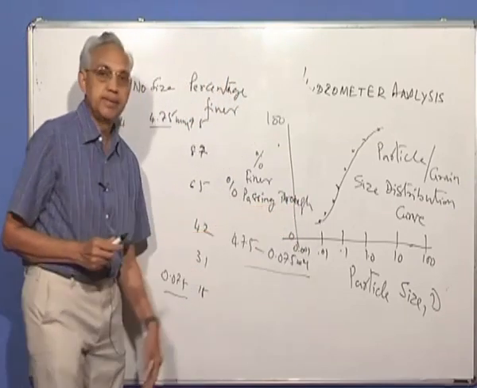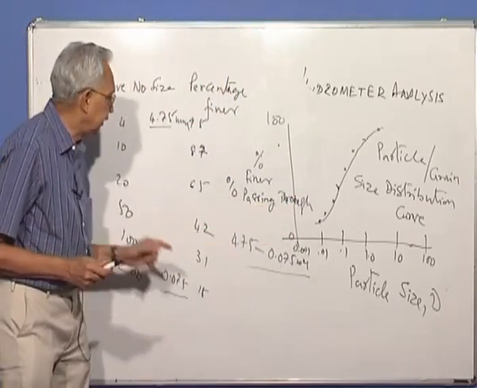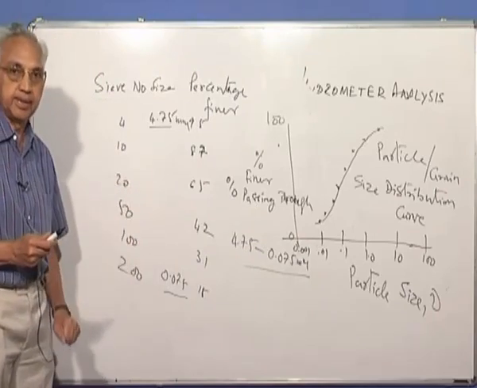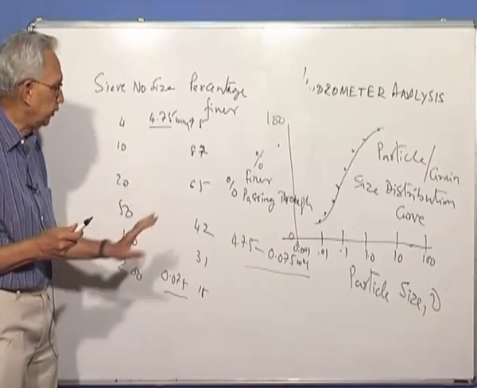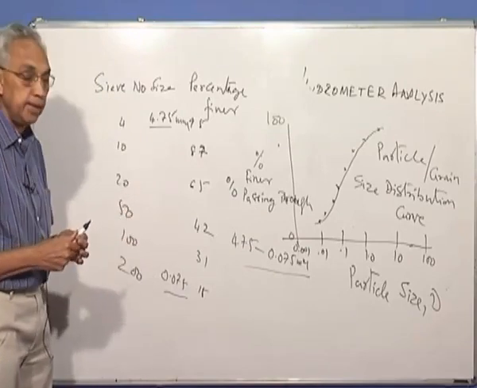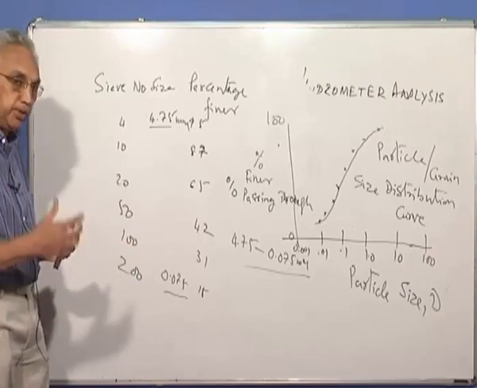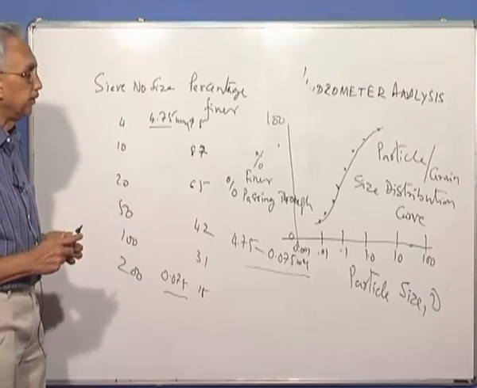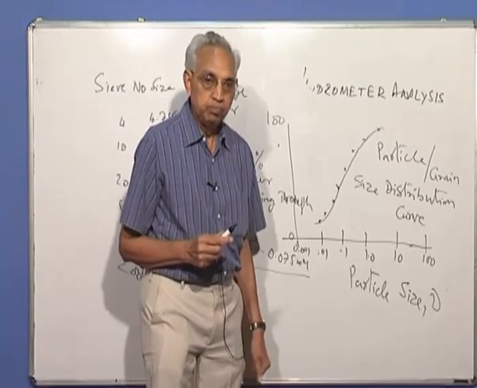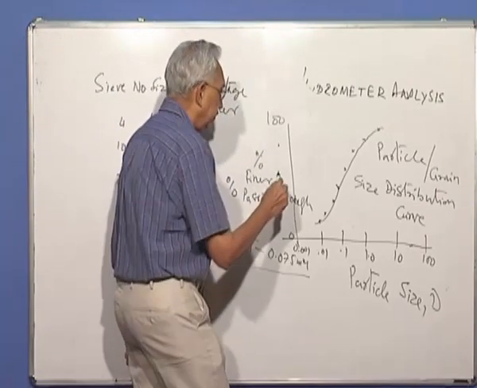And plot it against the size. How is the size determined? From the sieve number, you can get the particle size. As I said, you look into a table. We don't need to waste time on listing them here. You can copy it from a book, or when you do the experiment, you can write it in your report. From that, I get a graph of this kind, and I can also identify